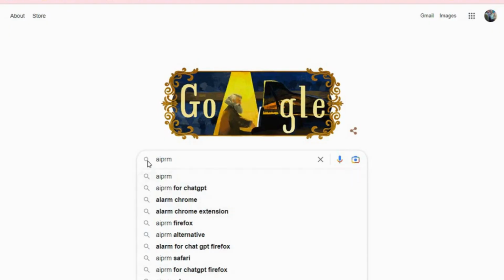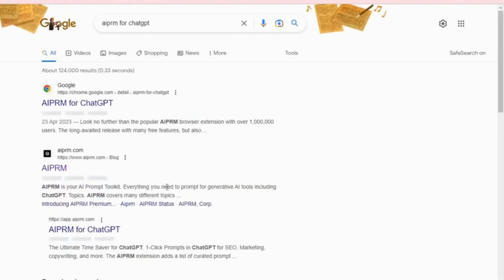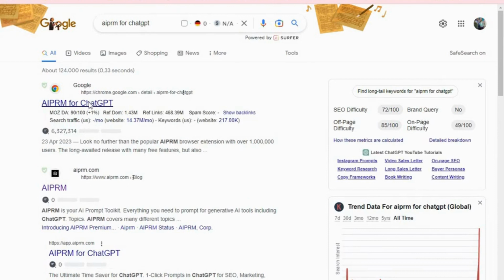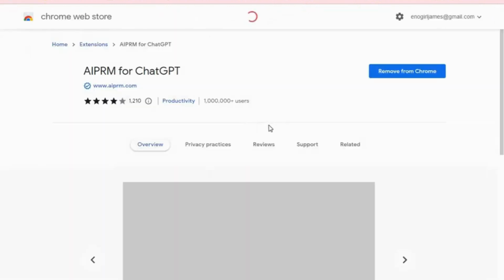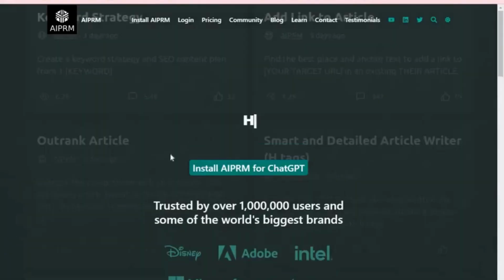First, you will go to Google and type in AIPRM. And this is where we are going to, AIPRM for ChatGPT. And then you will click on that to get the AIPRM for ChatGPT Chrome extension. I already have it in my Chrome extension. That is why you're seeing remove from Chrome. So now we click to the website and it will tell you to install AIPRM for